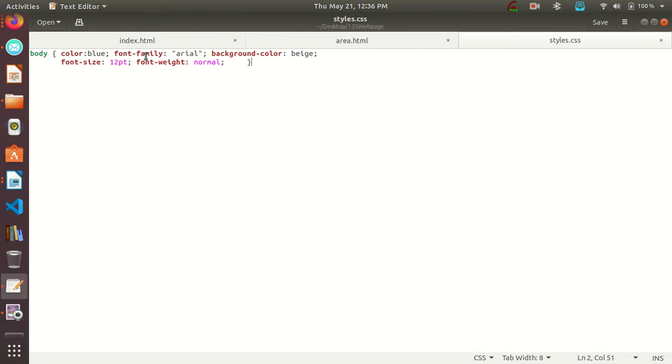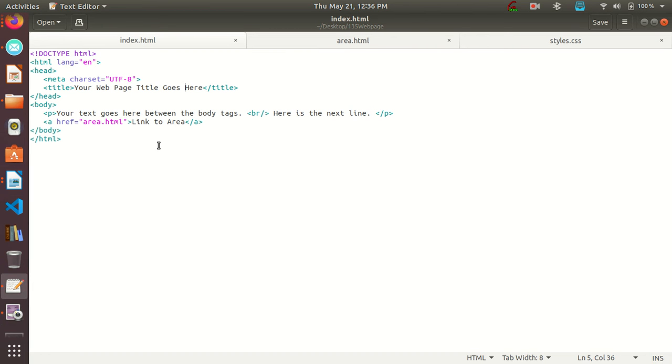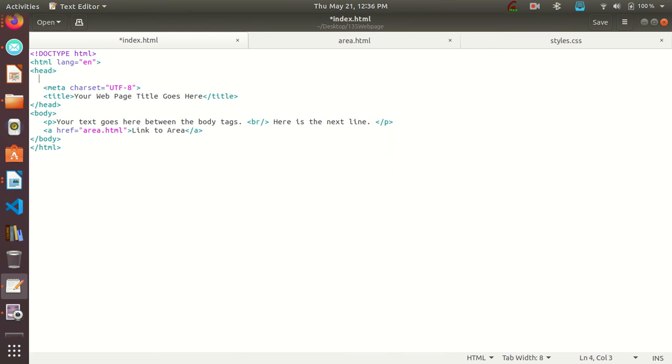Okay, so let's talk about how to do that. Right? So this is information about the web page. So it's going to go up here inside the head. And here's the line I'm going to type in. Link rel equals stylesheet. Okay. href equals, and this is the name of the file, styles.css. And again, this is a relative reference. Okay. This is just saying look in the folder where index.html is and find the file called styles.css, and the